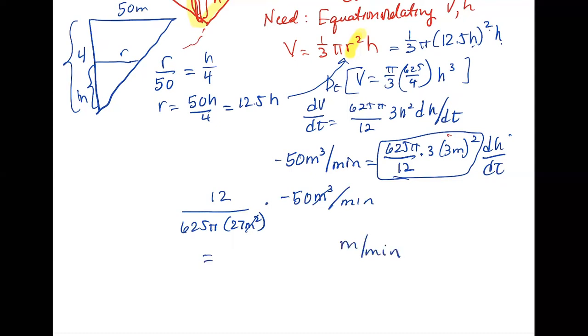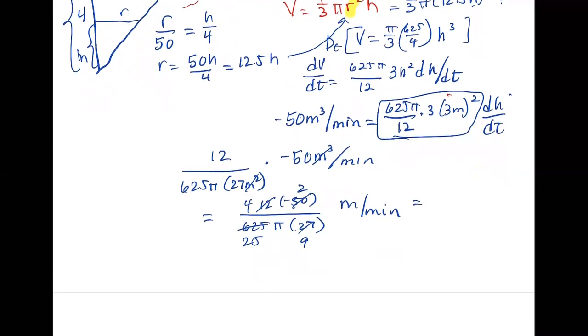And we have 12 times negative 50 over 625 pi times 27. Let me just simplify that. Let's see. 25 goes into 50 2 times. 25 goes into 625 25 times. We could cancel a 3 out of the 12 and 27 and have a 4 and a 9. So it looks like I'm getting negative 8 over 25 times 9, which is 225